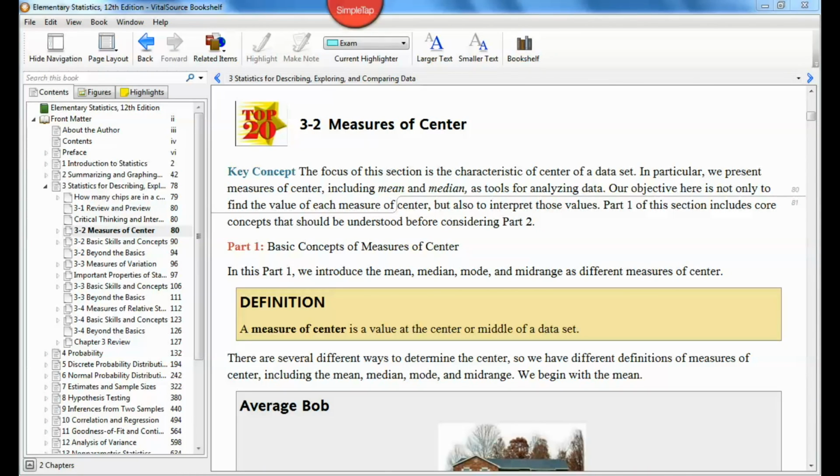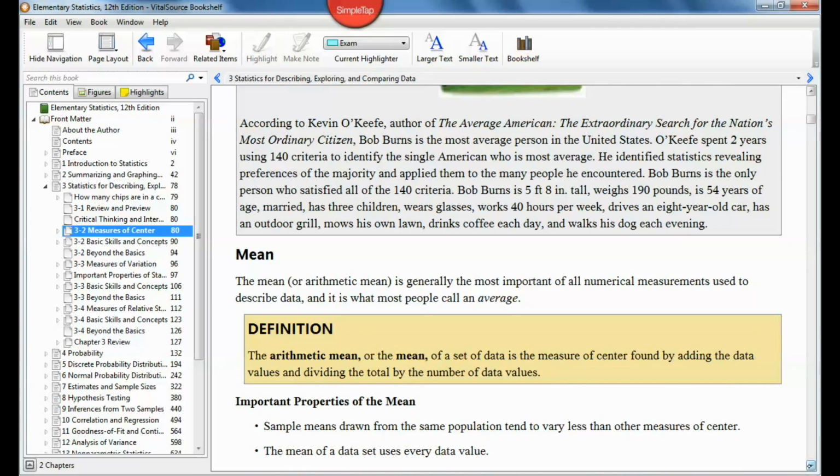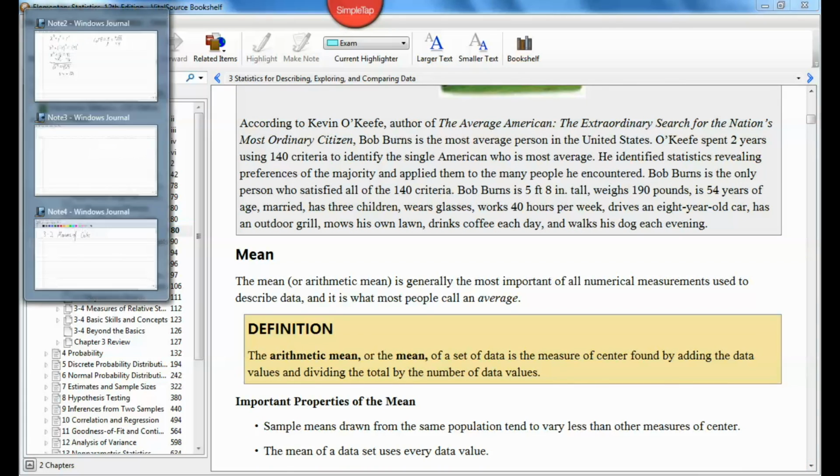Alright, so measures of center are going to be ways that we can get near the center of a set of data. The main ways that we can get to the center of a set of data are by finding the mean or finding the median. Those are both measures of center. The mean, or arithmetic mean,